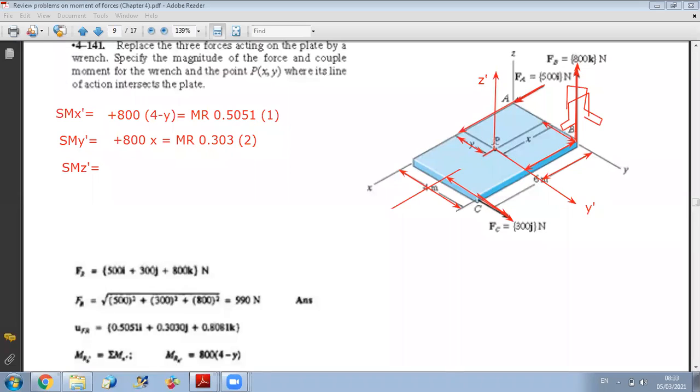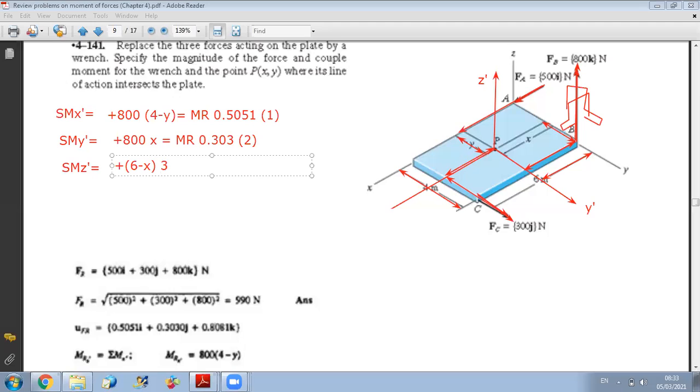It is 6 minus x. To know if it's a positive or negative moment, do the right hand rule. You will see that it's positive. So it's plus (6 minus x) times